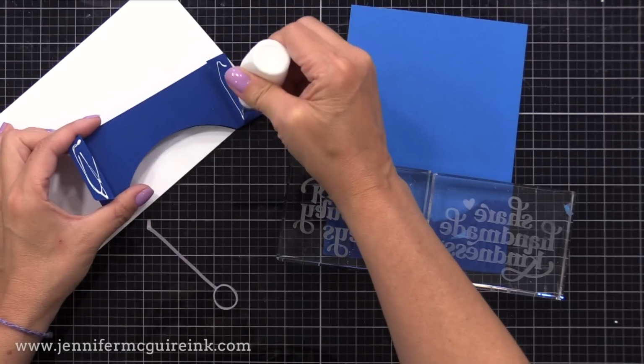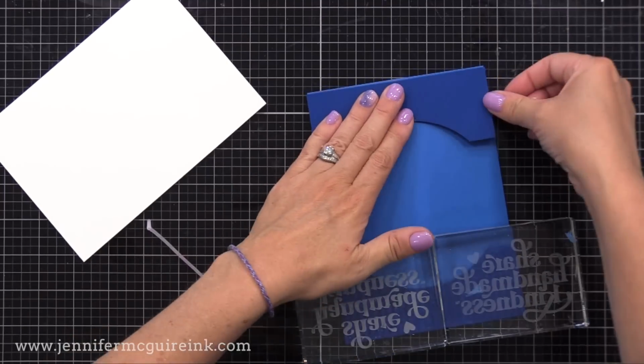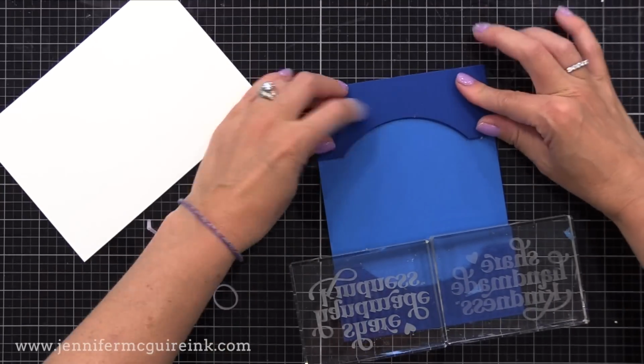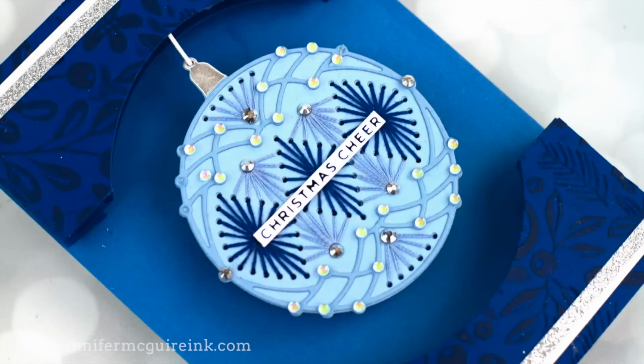By the way, I'm just putting something heavy on these while they dry. I recommend doing that. These are paperweights, but you could put anything heavy. I'll link to these below. My friend makes them and I think they work really well, but anything heavy. You can use your phone, you can use a die cut machine, your stamping tool, whatever you